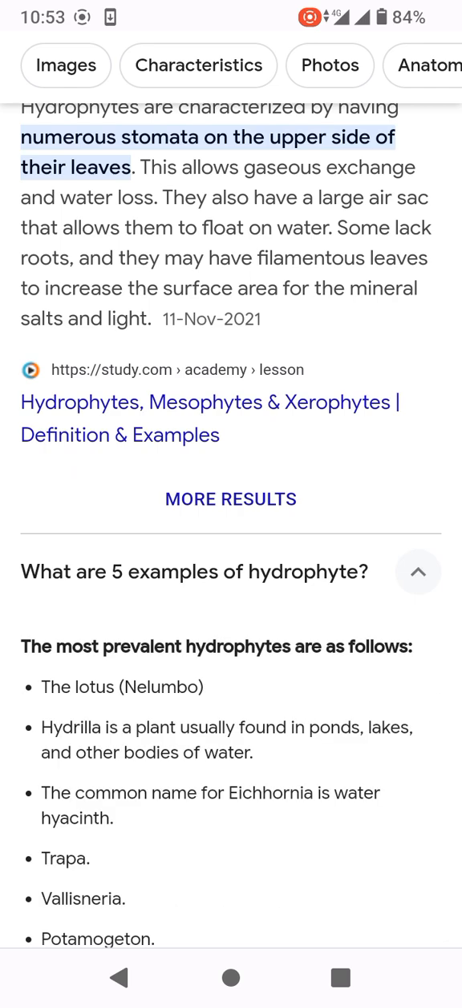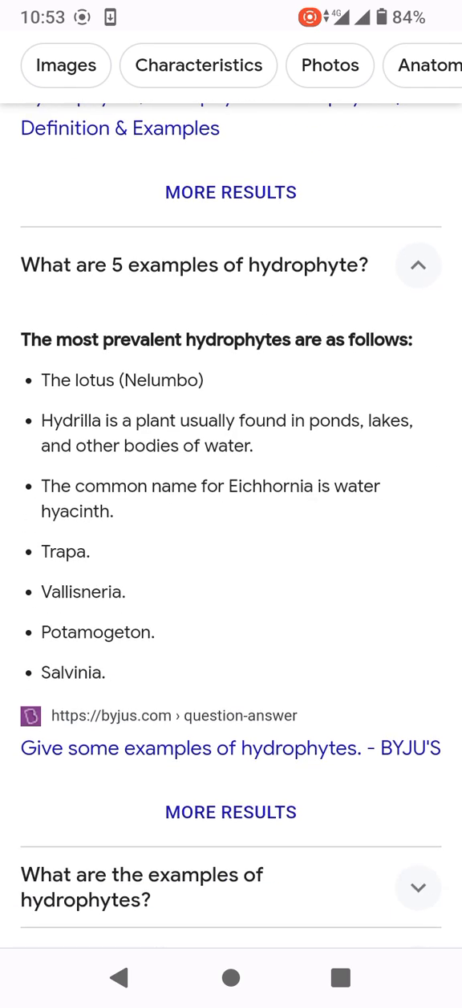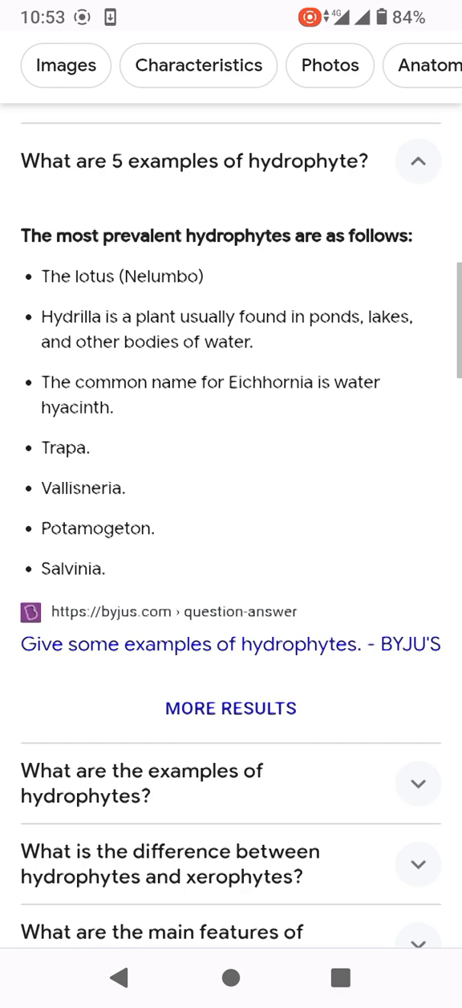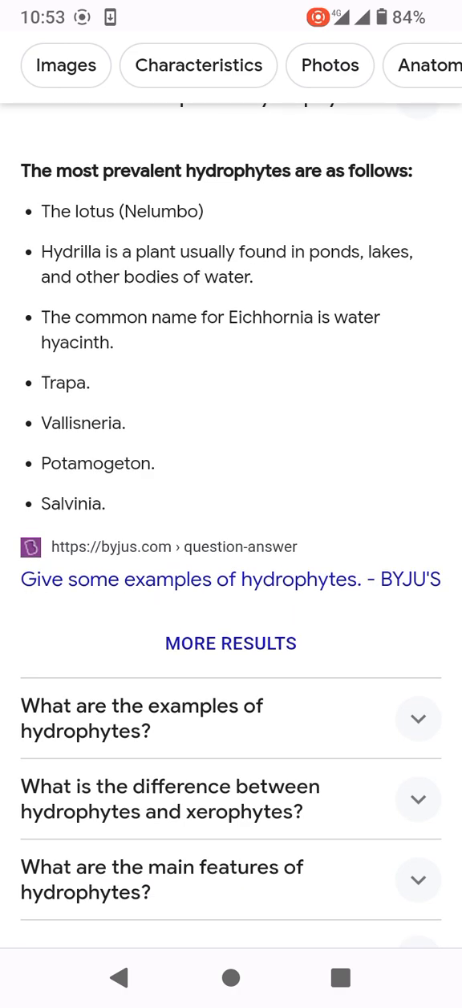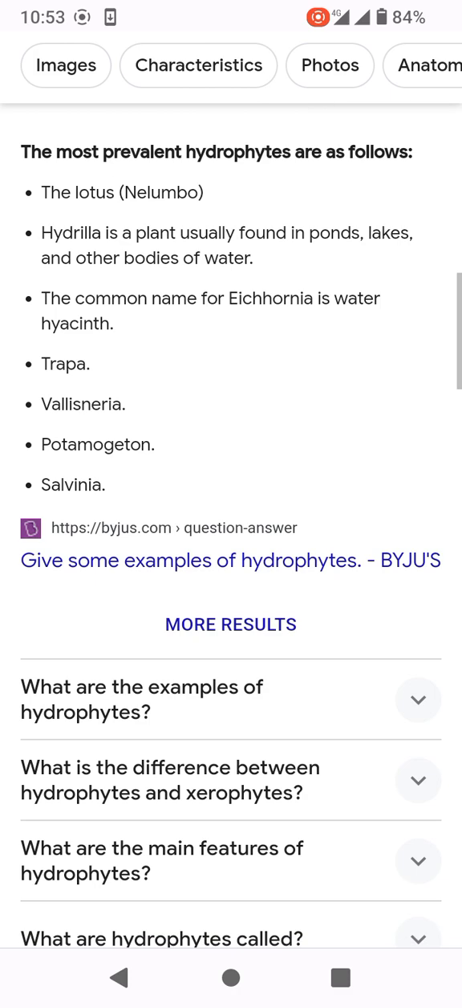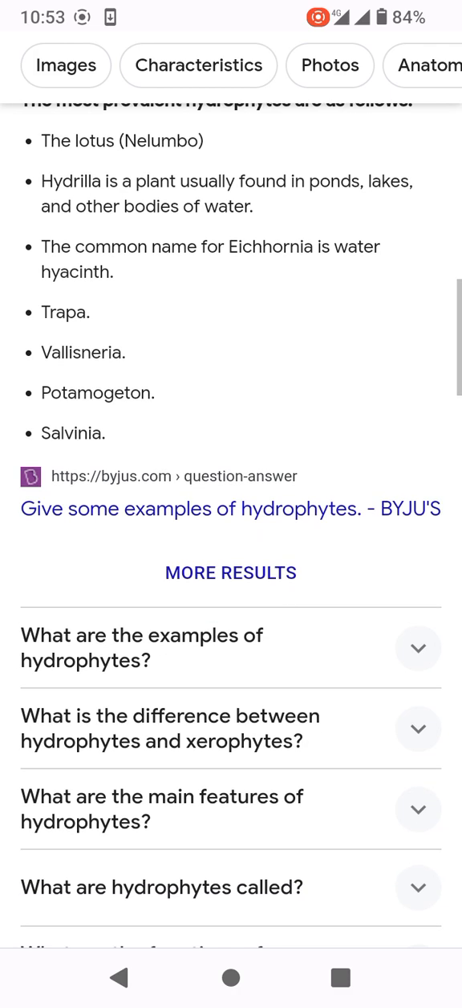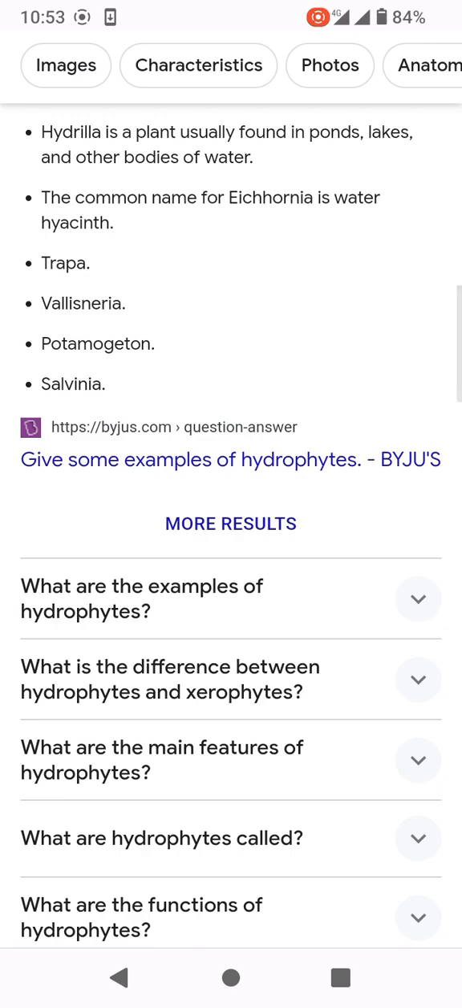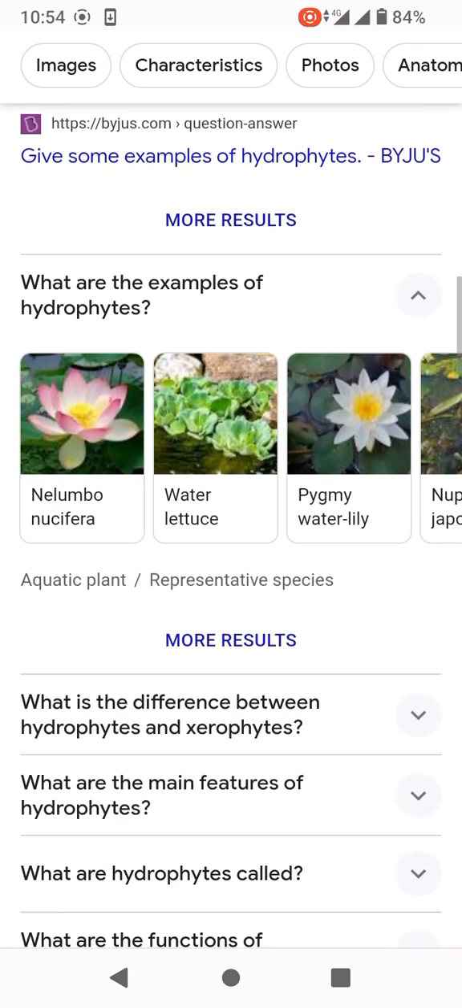What are 5 examples of hydrophytes? Example बता दीजिए। The lotus, hydrilla is a plant usually found in ponds, lakes and other bodies of water। Hydrilla ये बहुत ही इंपॉर्टेंट इसके एग्जाम्पल हैं, जो कि ये पॉन्ड में पाए जाते हैं, लेक्स में और अदर बॉडी ऑफ वाटर। The common names are water hyacinth, trapa, Vallisneria, Potamogeton, Salvinia।